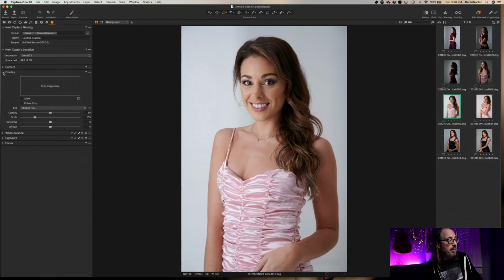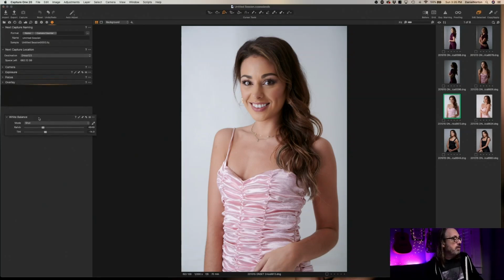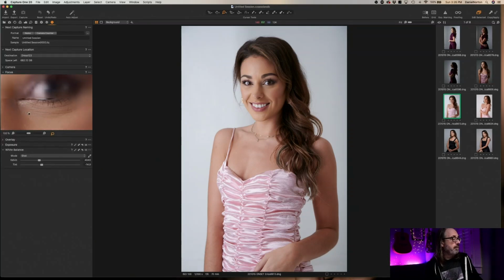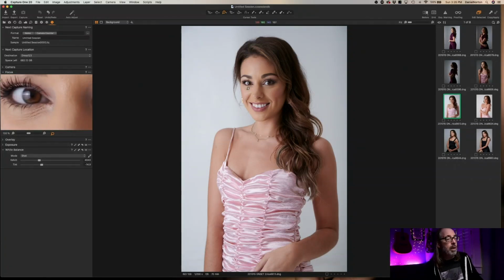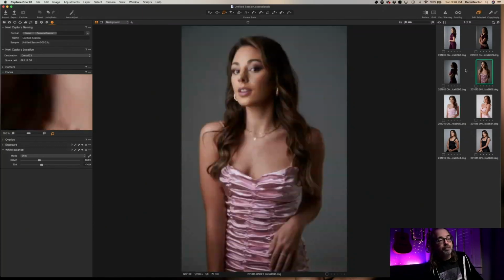Overlay, again, I'll only use it if I'm using it, so I'll put that down near the bottom. White balance I might do each time, but again, I'm only going to do it once, so I don't need it all the time, so I'll put that at the bottom. You see I'm just moving them around, right? Exposure, again, I'll put next to white balance, so I'm organized. And then I'll have focus open. So while I'm shooting, well, I'm slightly out of focus. Look at that. So while I'm shooting, right,